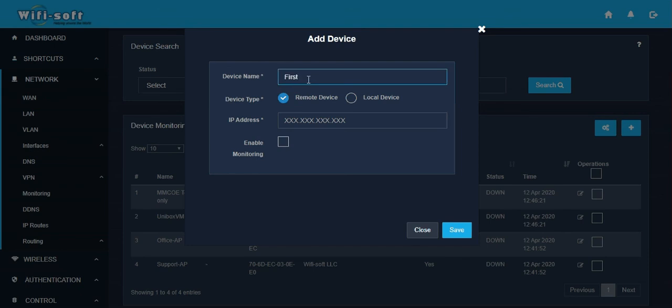So I will enter the name as first floor AP and it is considered to be a local device. And then you have to enter the MAC address of the device that you want to monitor. So I'm going to enter a MAC address. UniBox uses layer 2 monitoring for the local devices within its LAN network, and for remote monitoring it uses the IP based monitoring at layer 2. And I've entered the MAC address of the local device that needs to be monitored, and then I enable the